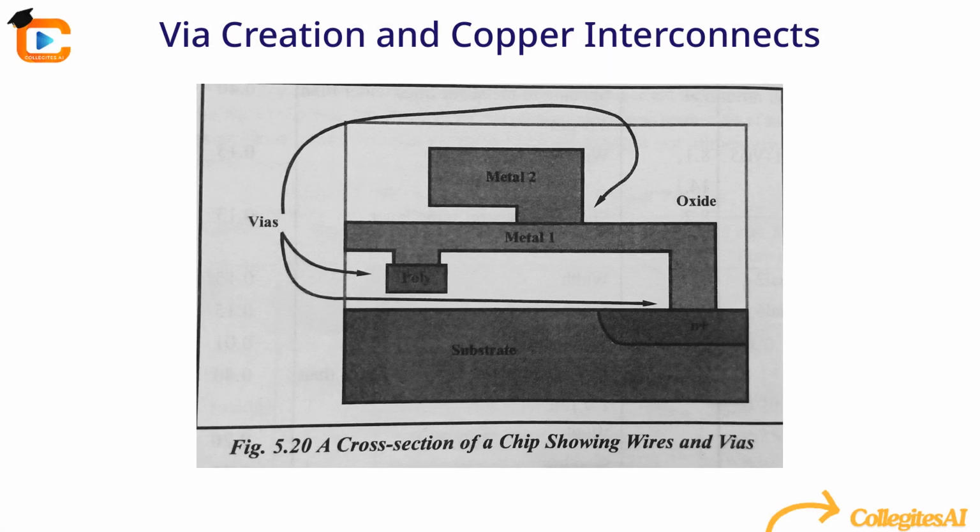Vias are simply cuts in the insulating SiO2. Metal flows through these cuts to create the connection between the desired layers. Modern chip manufacturing often uses copper interconnects because of their superior conductivity. A special protective layer is used to prevent the copper from contaminating the semiconductor substrate. The design rules for copper interconnects are similar to those for aluminum, but their circuit characteristics differ significantly.